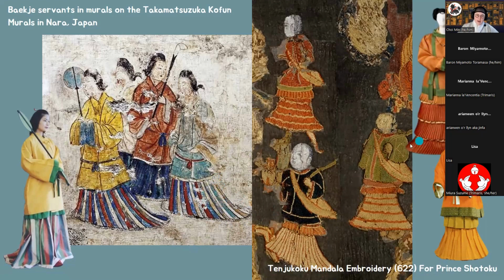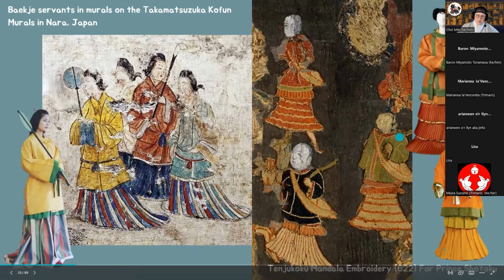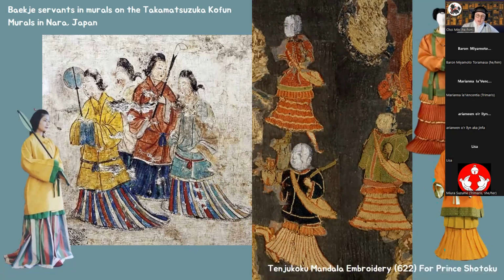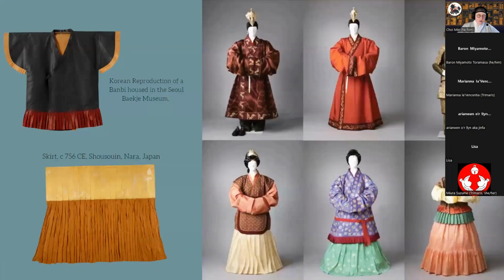But here we have a Korean reproduction of probably this outfit here, and here we have a Japanese reconstruction of the same outfit. It's interesting that they change where the center tie is. Over here they're assuming it's a side tie or a side neck, because over here it could be kind of a side, but then here it's definitely down the middle of all these garments. So that's definitely something to note.